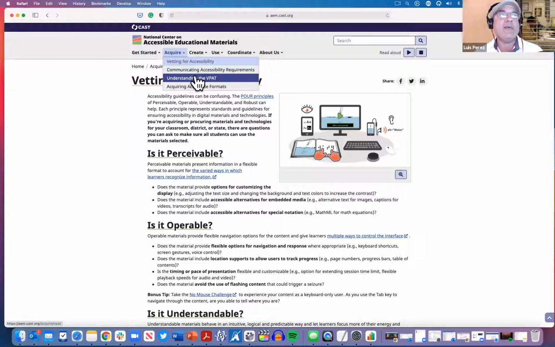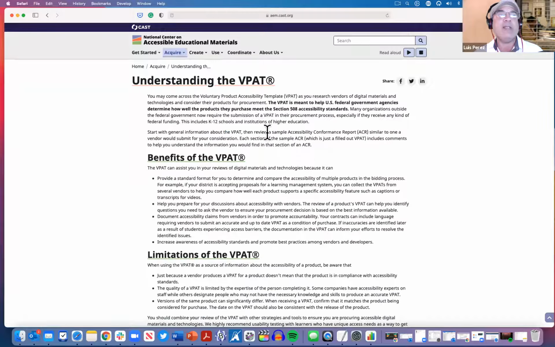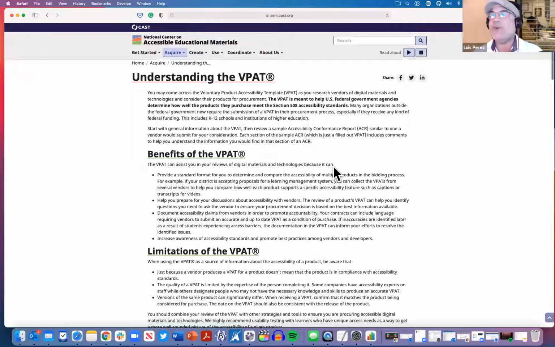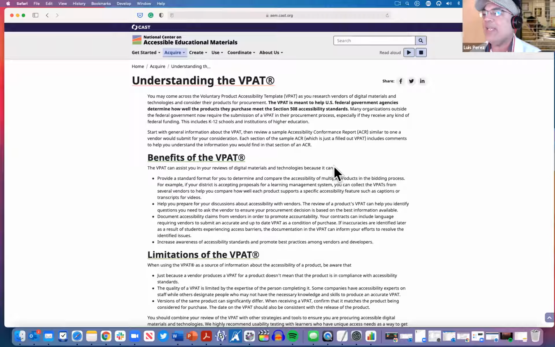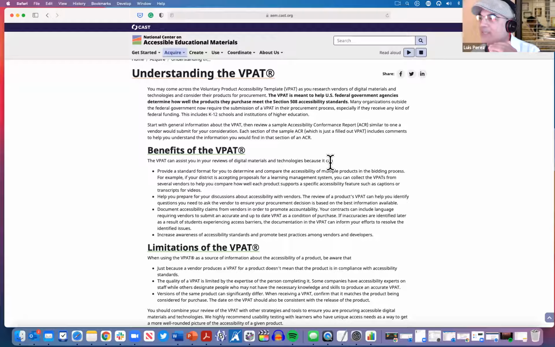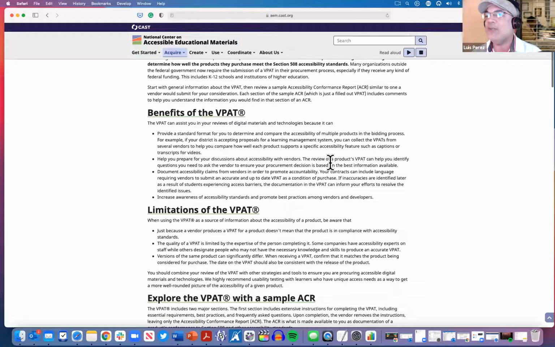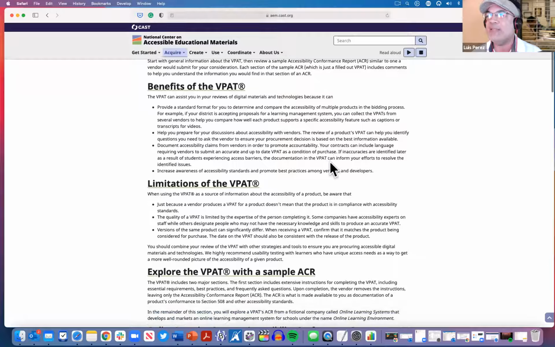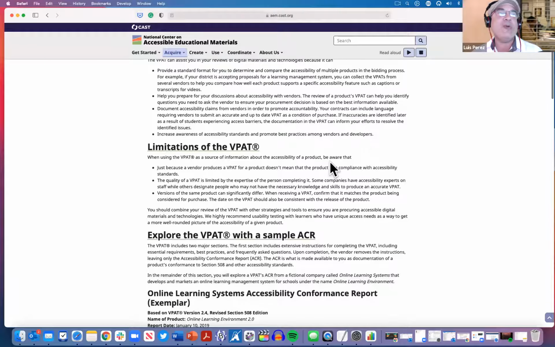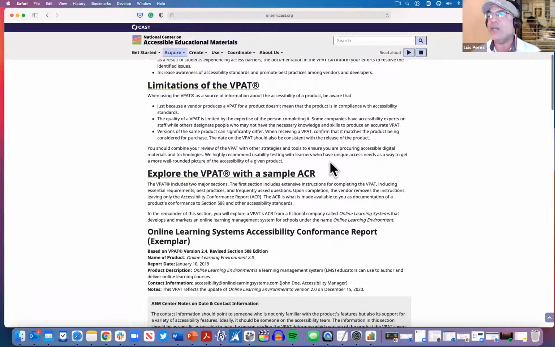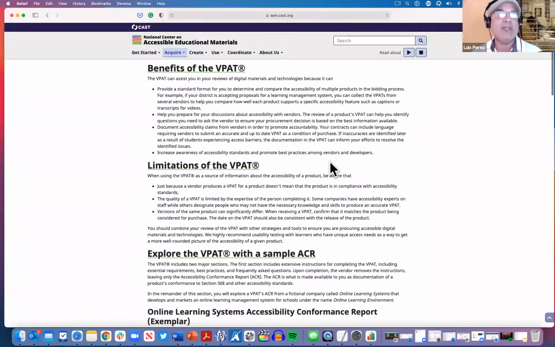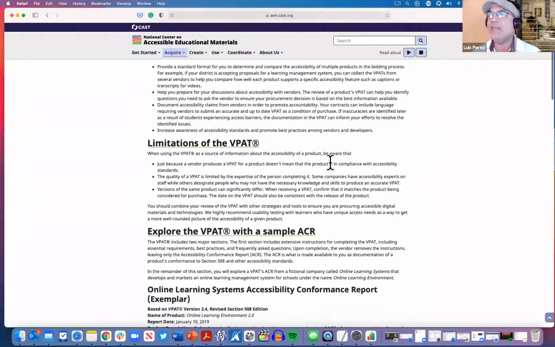And then the last one that I want to highlight here is understanding the VPAT. And what we've done here is taken a fictitious company that we've created and then created an example VPAT, and section by section, we go through and we tell you in this section, this is what you should look for. These are the best practices. So you can go through that. It's almost like an ongoing commentary. We call them AIM-Center notes for each of the sections.